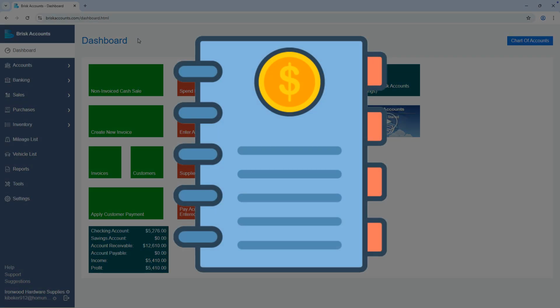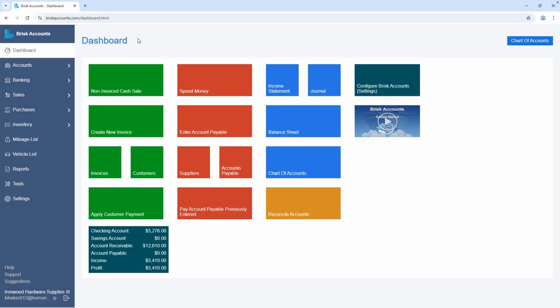Journal entry templates in Brisk Accounts help you save time when recording recurring or similar journal entries. Instead of re-entering the same accounts and structure each time, you can save a journal as a template and reuse it whenever needed. To create a journal entry template, start by going to Accounts in the left-hand menu and click